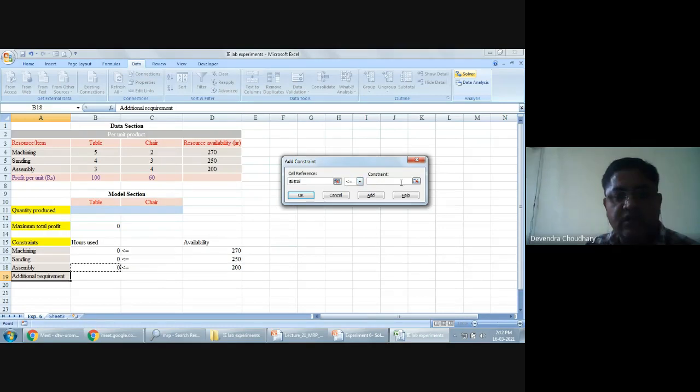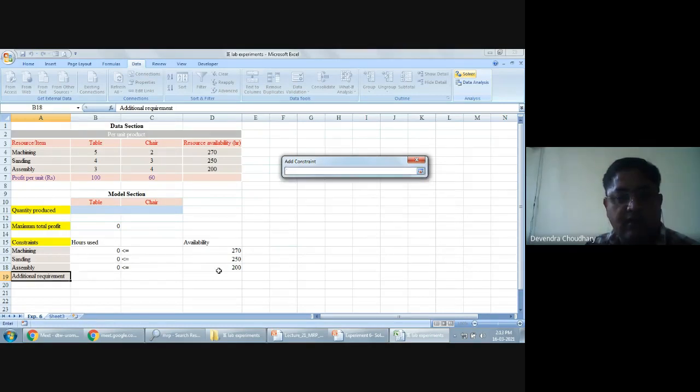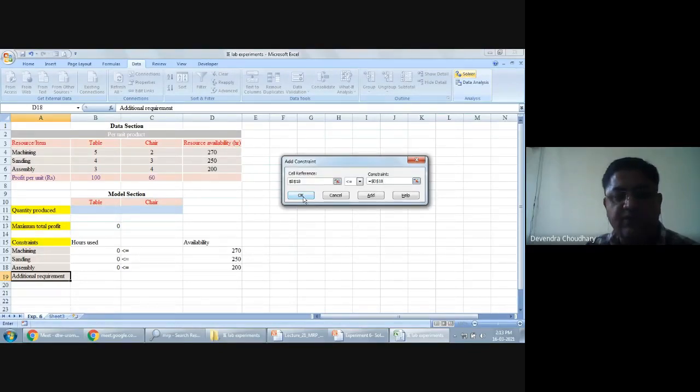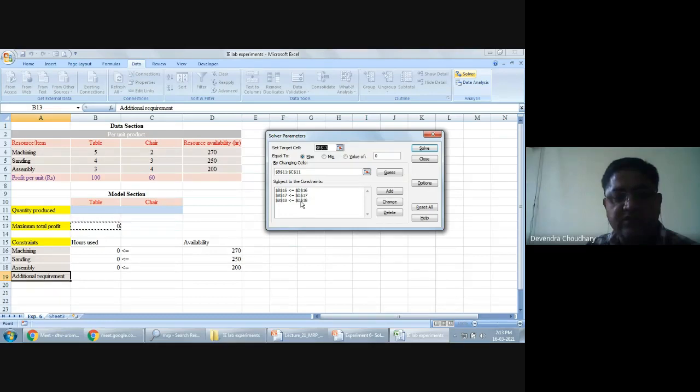So it is okay, and this is 200. When we have defined all three constraints, we press OK, and you get these three constraints. Clear? So we have defined the objective function, the decision variables, and entered all three constraints.